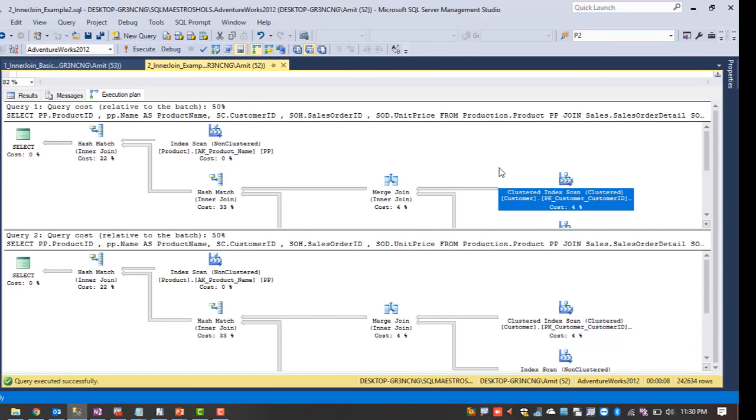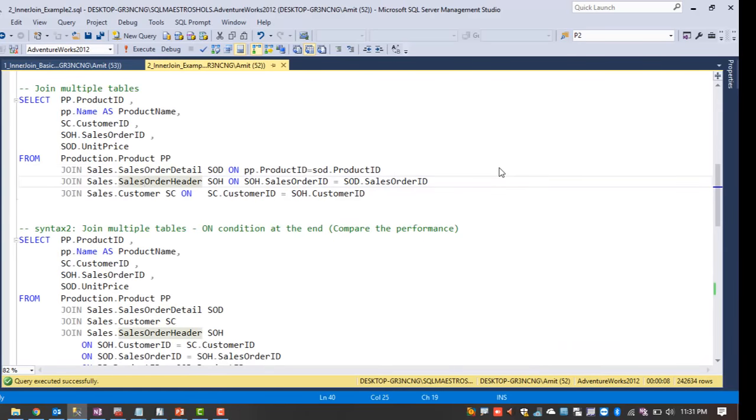What is going on here? Whenever we are performing inner join, as we all know, performing inner join between table A and table B is equal to performing inner join between table B and table A. SQL Server can alter the table access whichever way it thinks it can execute faster. So it can alter the tables and fetch the data to give faster output results.